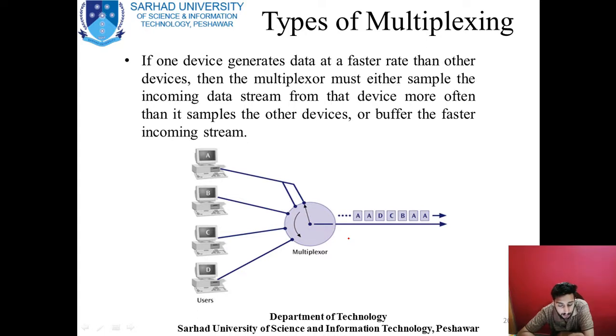There is another methodology by which you can also implement this. Let's say one user wants 2 time slots and he is willing to pay for that. So you can also do that in synchronous time division multiplexing. You can assign 2 slots to a single user. You can see in this diagram that the system has allocated 2 time slots to user 1. So there will be two time slots for A, one time slot for B, one for C, and one for D. And again there will be two time slots for A. So by using this technique, you can also deploy more slots to a specific user if he is willing to pay a higher price and cost.